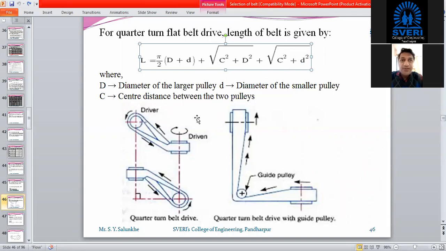By means of this, you can calculate the length of belt wherever you are going to transmit the power. Any question?